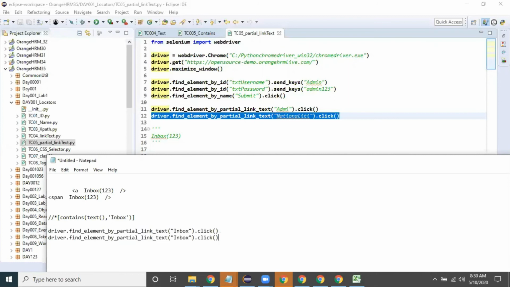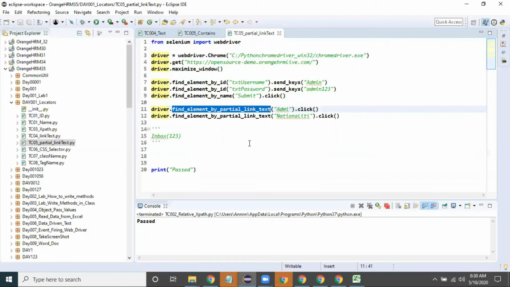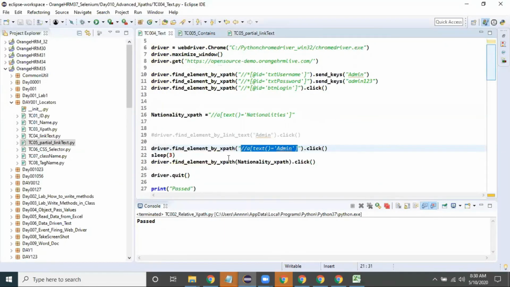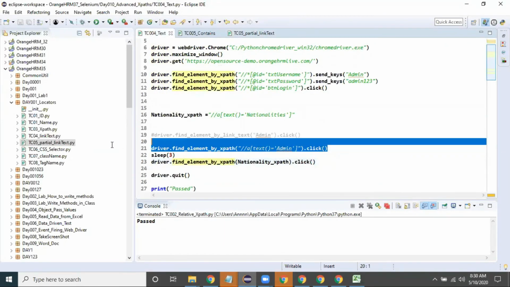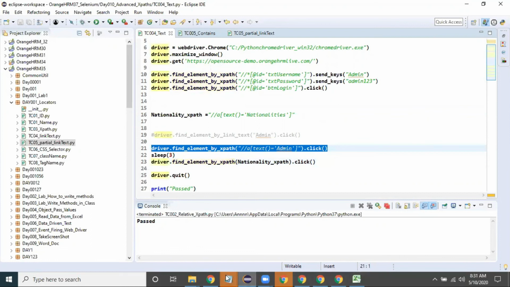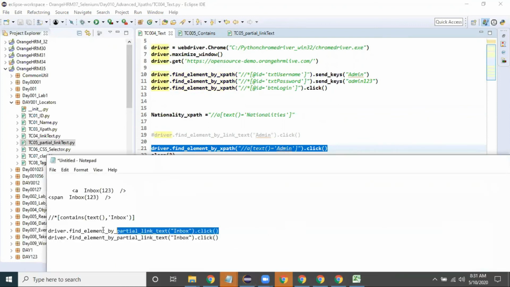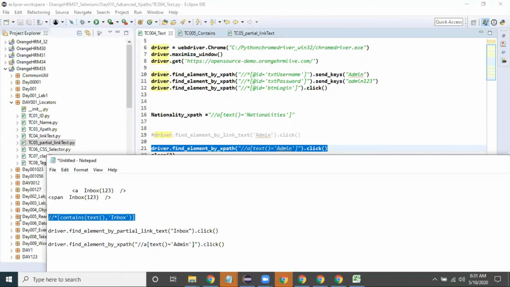I need to write driver.find_element by xpath with text of is equal to, because if the tag name is an anchor tag, then I will write that one. If the tag name is this one, I will write this one.